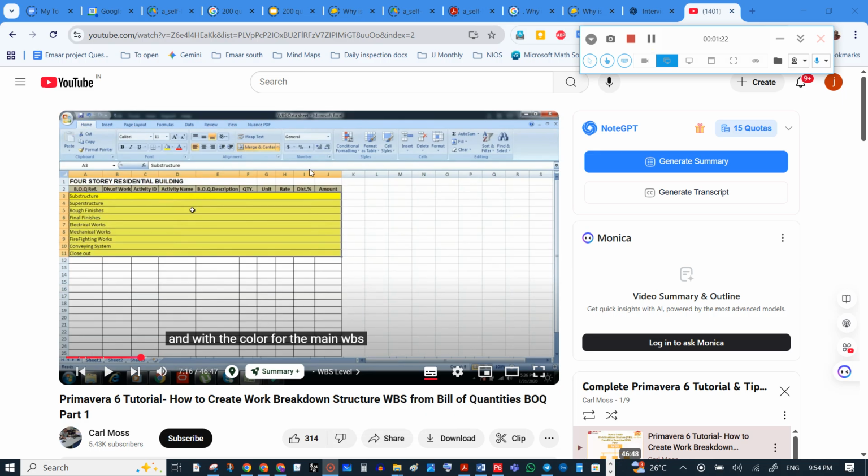So now the main WBS is created with the yellow color: substructure, superstructure, rough finishes, final finishes, electrical works, mechanical works, firefighting works, conveying system, closeout.